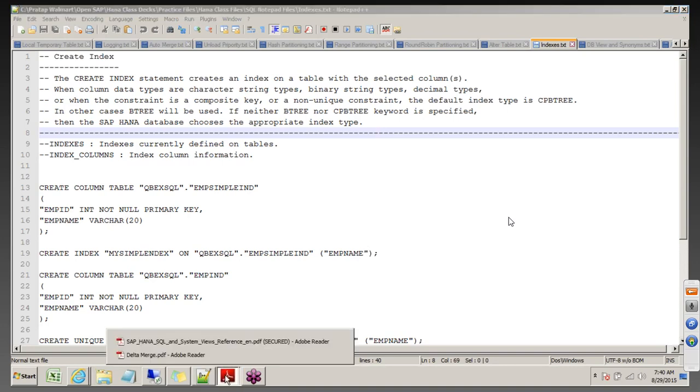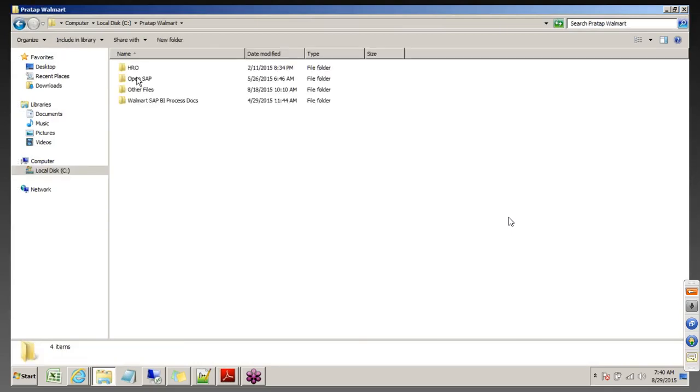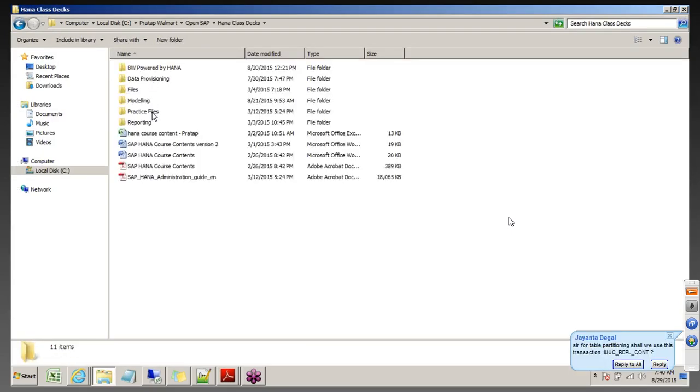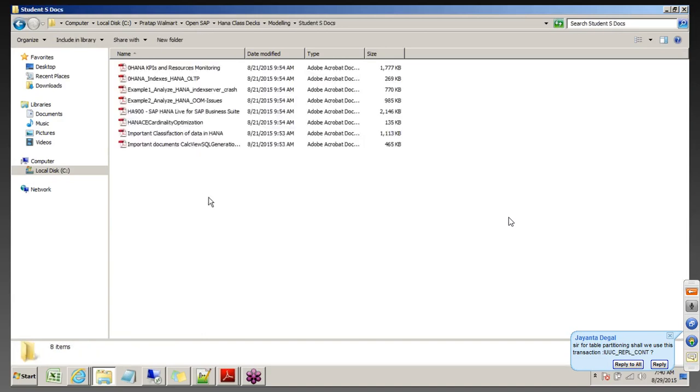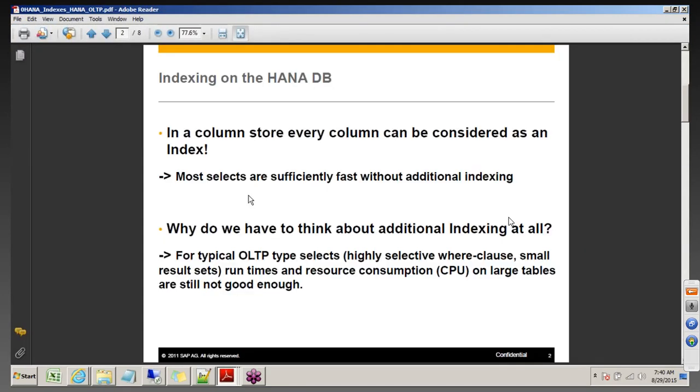So there is a note SAP gives on indexing. Look at this. In a column store, every column can be considered as an index list. So most selects are sufficiently fast without any additional indexing. But if you have some typical OLTP type selection, operational kind of selects, where you do